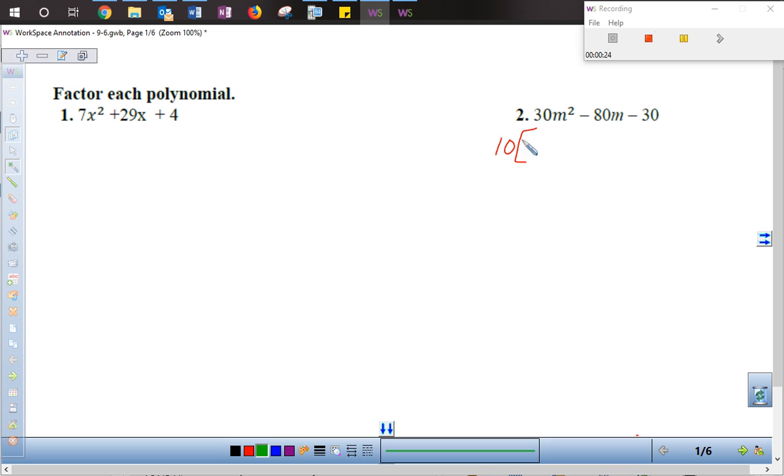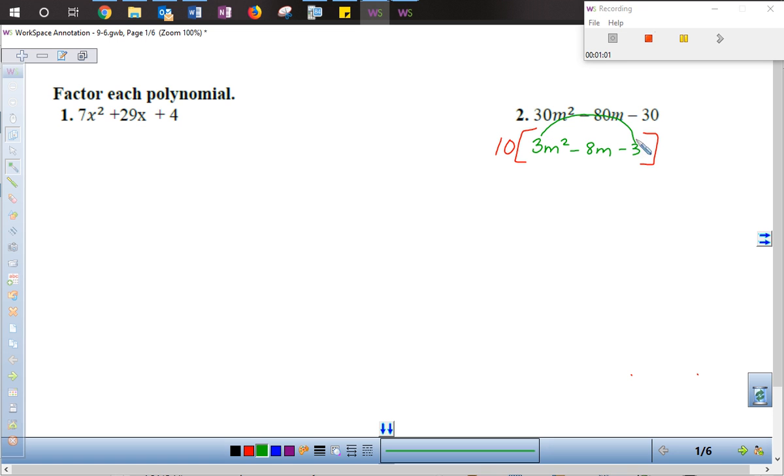So 30m squared divided by 10 is 3m squared. Negative 80 divided by 10 is negative 8m, and negative 30 divided by 10 is negative 3. So when I take out the GCF, I'm left with 10 times the quantity of 3m squared minus 8m minus 3. Now on the inside of these brackets, I look at what I have left, 3m squared minus 8m minus 3. And I see that it has 3 terms, and my a value is 3, so I can frowny face factor